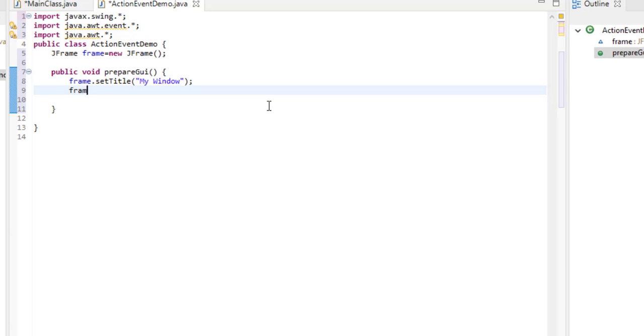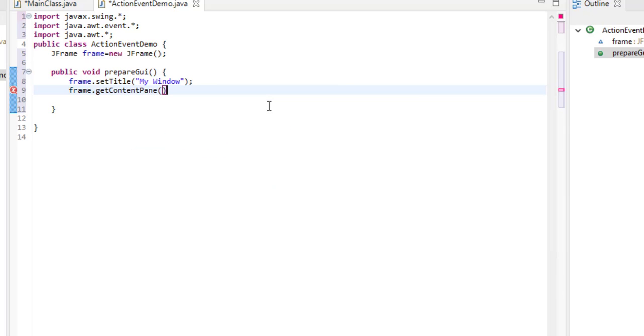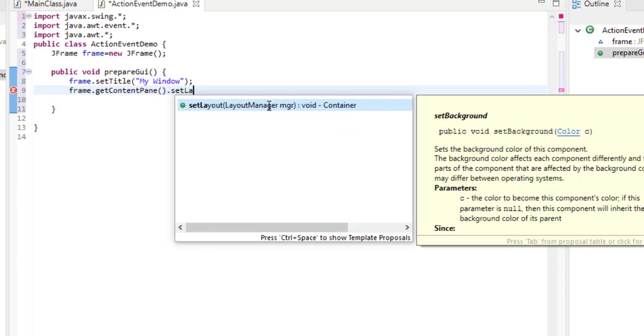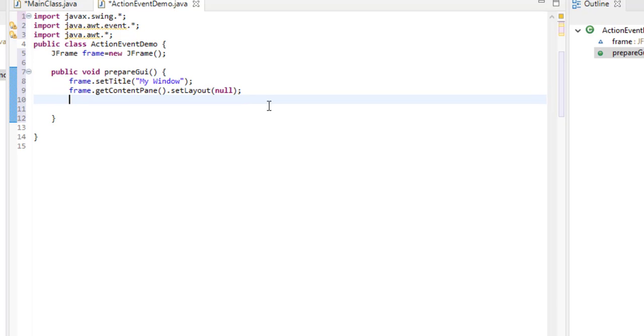For that we have to call the getContentPane method, then setLayout, and set it to null, because we don't want any layout manager for this JFrame window. Then we will set the visibility, setVisible, and pass the boolean value true.